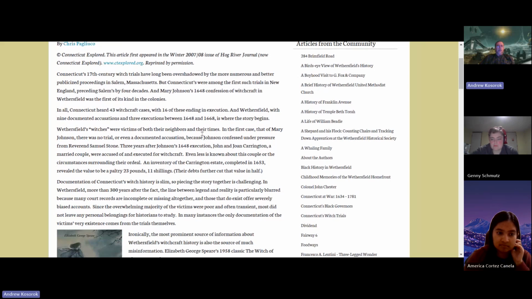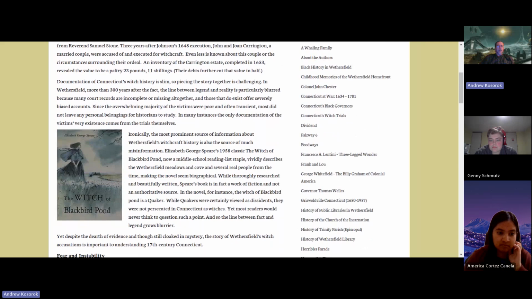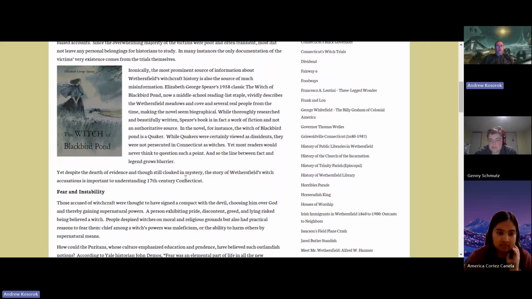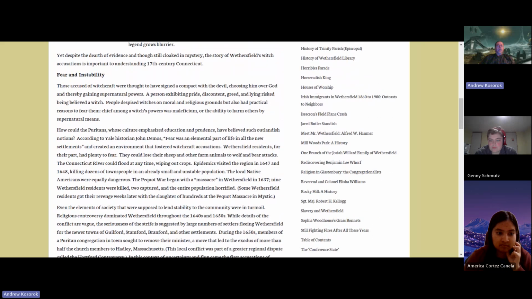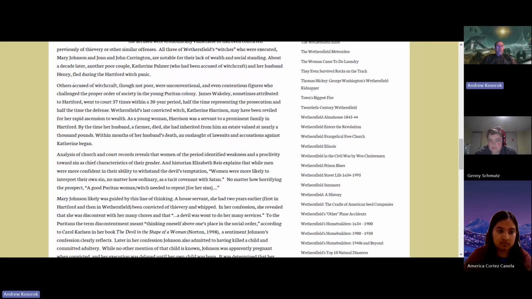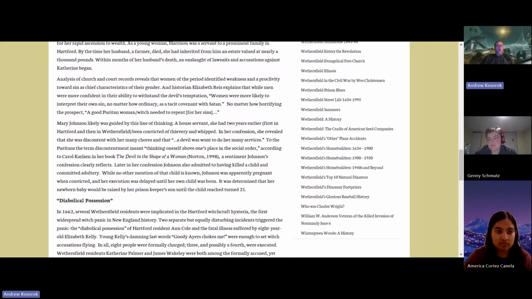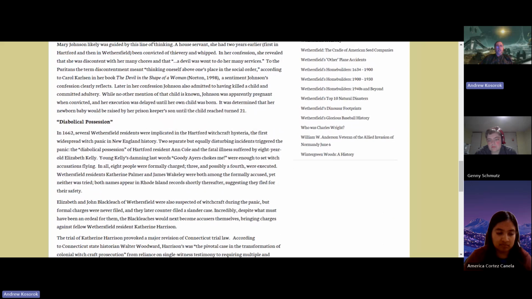And what is interesting is somebody came across these in the 90s and started compiling them, and then was finally able to bring this out to the public in 2007. And now it is an official part of Connecticut state history. But yeah, Jenny's absolutely right. There were witch trials that happened all over the place, but it's fascinating to me that it was not part of official Connecticut history. So of course, quote unquote, big foam finger air quotes, it did not happen because it was not part of the history.